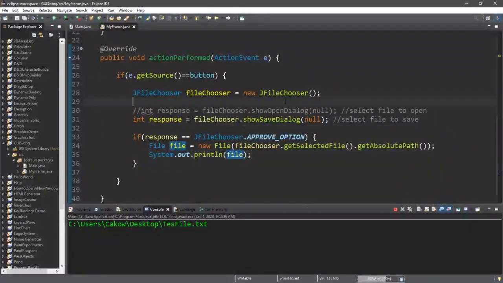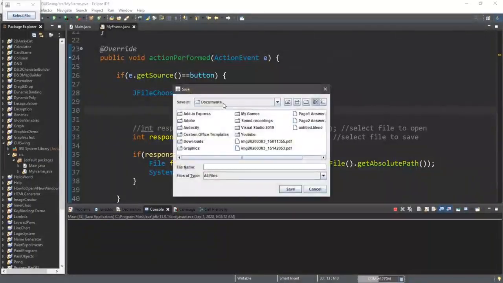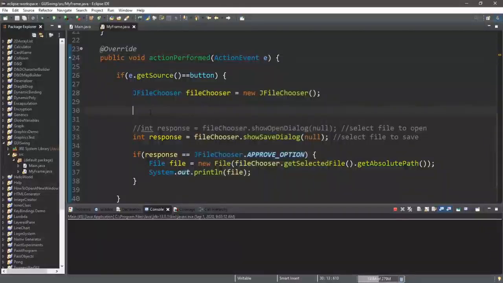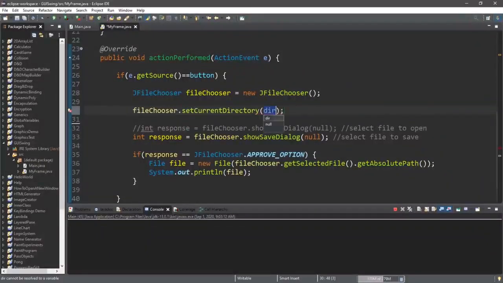Now, one other thing that we could do too is that we can set the current directory, because right now it's just going to the default for my computer, and that is my documents folder, and we can actually change that. So in order to do that, it is file chooser dot set current directory, and we pass in a new file, and we specify the file path within this new file. So one trick, if you want to set the current directory to your project folder, that would be just a dot within quotes. So this is going to go to my project folder,